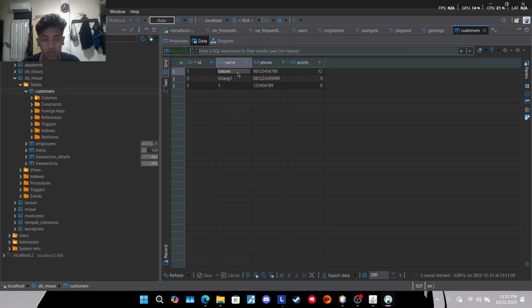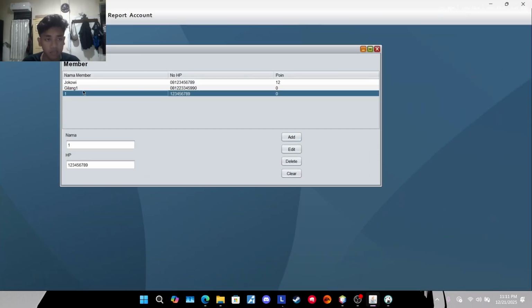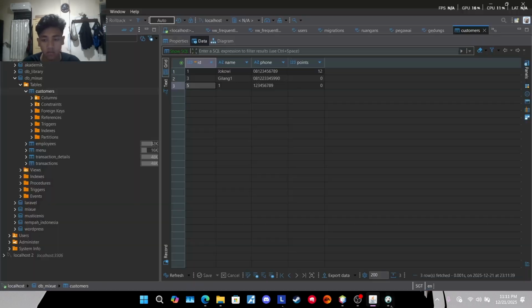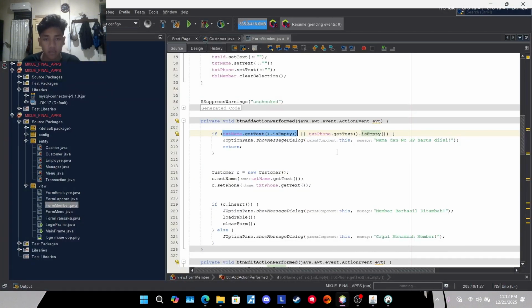So you will see the ID. Why ID number 5? Because before I just deleted a Galang member, and the Galang member had ID number 4. So if I add the number 1 database, there will be ID number 5 like that.